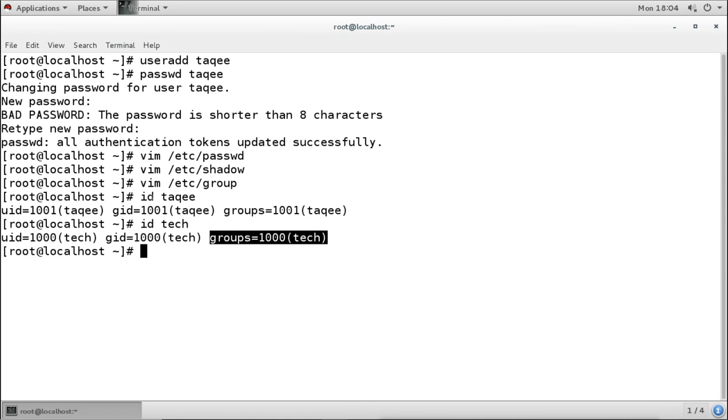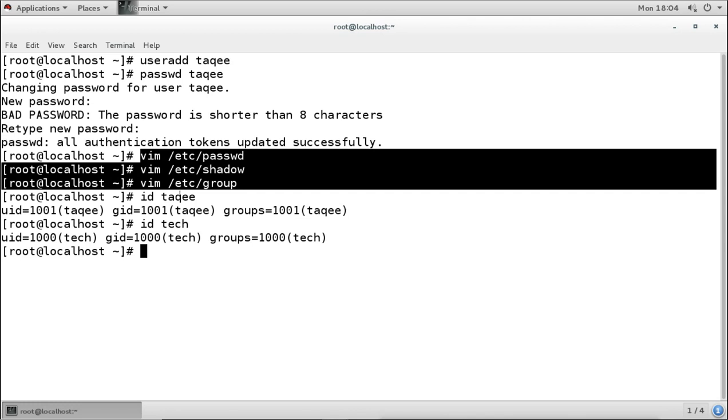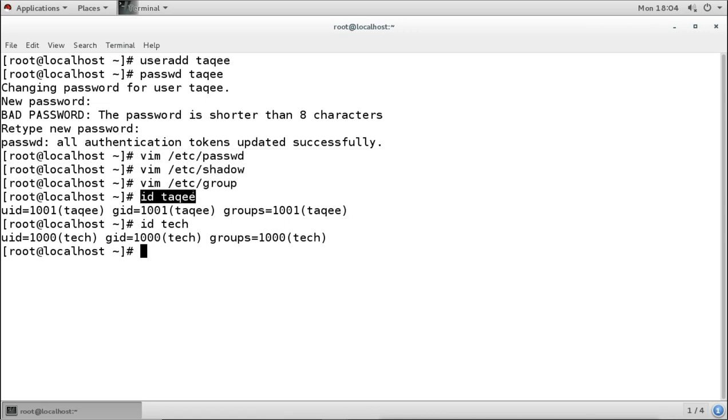So we can see by this id command, or we can directly go to the passwd file to check the GID, and then go to the group file to check which group has that GID, to check the primary group. Other than that, secondary groups will show under the group file. So this is how we created the user, and these are the configuration files of the user, and the information we have seen in those files. And this is the command to see the information about the users.